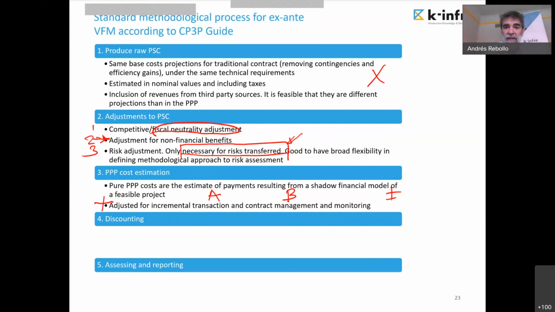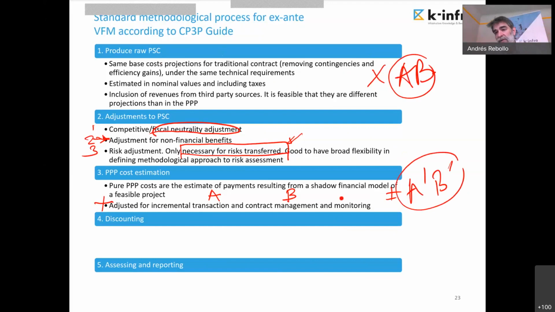Some other countries, we will see this. They put A and B here: transaction cost and contract management cost specific for the estimate for a conventional contract, and then put here the values of transaction cost and contract management cost specific to the PPP. So they don't need to make an adjustment by the difference. They just put directly the figures. For the CP3P guide, they go just for an adjustment by differences. They call it in the CP3P guide the regulatory adjustment. And then